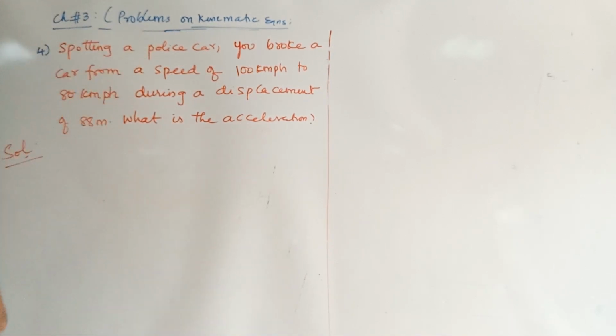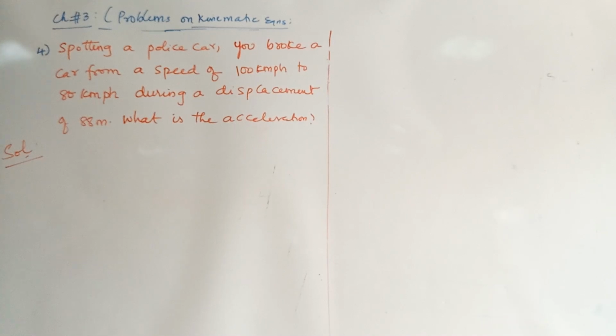First of all, what are those three kinematic equations? v is equal to u plus at, s is equal to ut plus half at square, v square minus u square is equal to 2as. You should know all the terms present in this. Accordingly, depending on the data given, you should choose one of the equations to solve this.